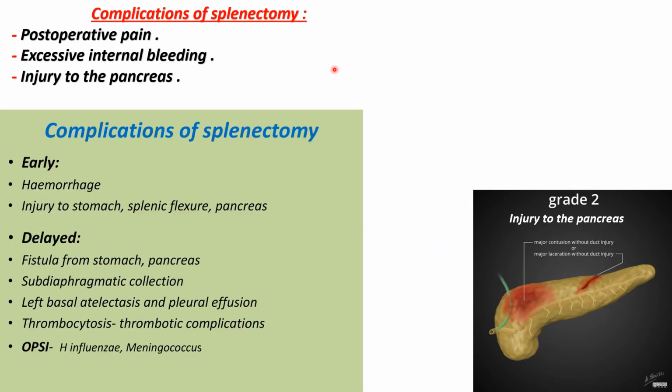Now I will talk about complications of splenectomy. Post-operative pain, excessive internal bleeding, injury to the pancreas. In this slide, we are seeing early complications of splenectomy, for example, hemorrhage, injury to the stomach or splenic flexure, pancreas, but delayed complications of splenectomy, for example, fistula from stomach, pancreas,